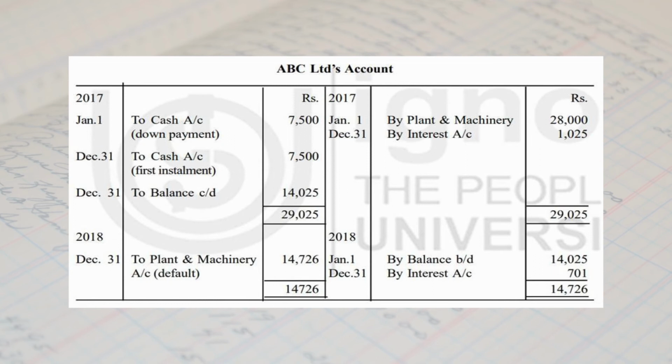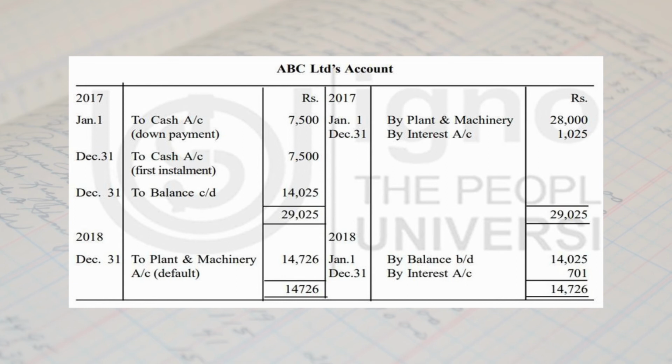So this is the closing balance carried down, 14,025. This is the balancing figure. The total is 29,025 on both sides. This balance of rupees 14,025 at the end of the first year will be brought forward, by balance brought down 14,025. Now interest on this amount of 14,025 at the rate of 5% comes to 701. So here, by interest 701, the total is